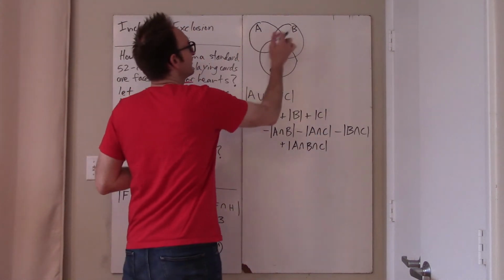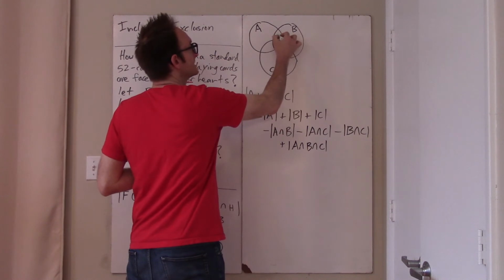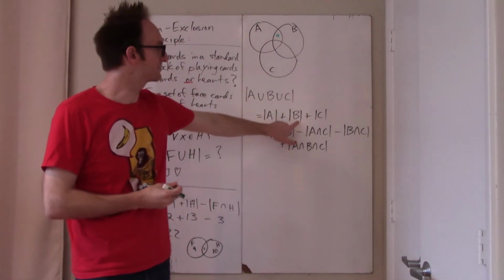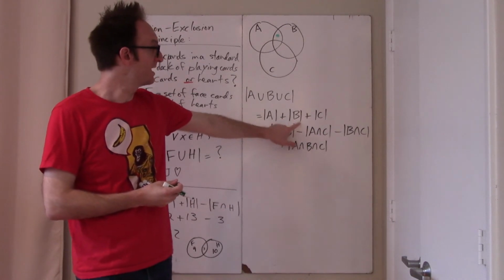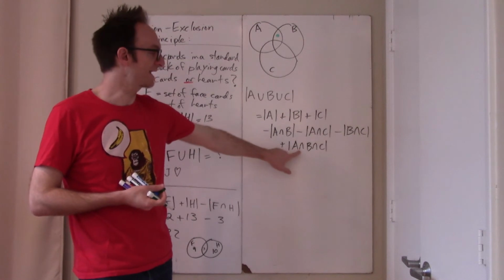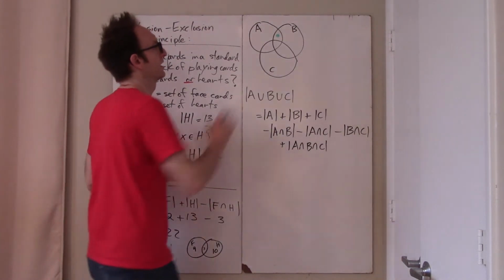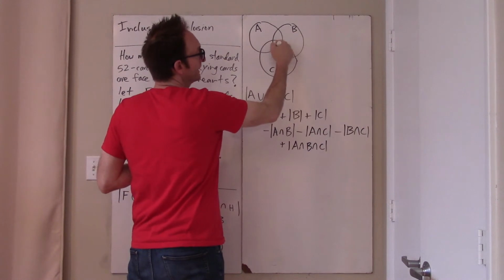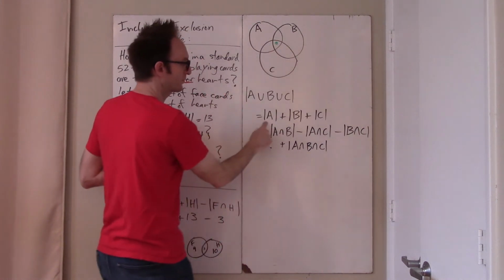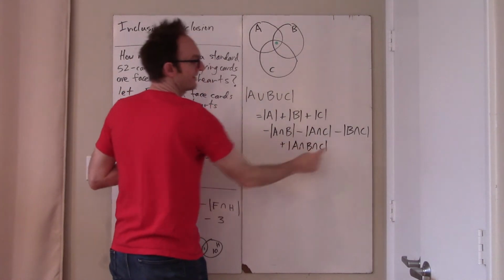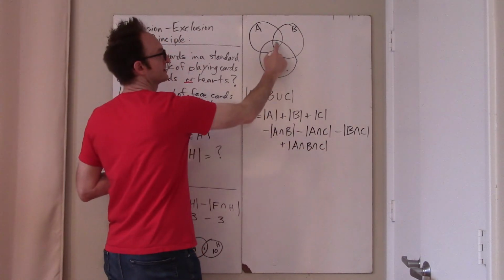And then if you take an object here, which is in A and B, then it gets counted once in A, it gets counted twice in B, but then it gets subtracted once when you subtract A intersect B, and it doesn't get counted here because, okay, I think we're good. And then the last one we have already talked out. If it's in the middle of all 3, then it gets counted once, twice, 3 times, it gets subtracted 3 times, and then it gets counted once, and so it's all correct. Okay,